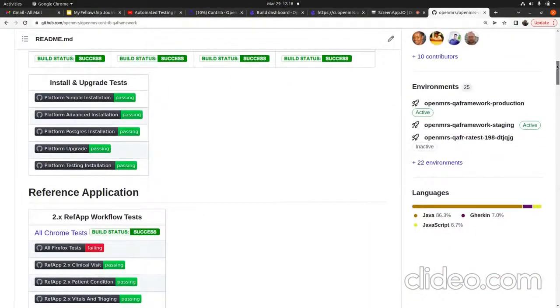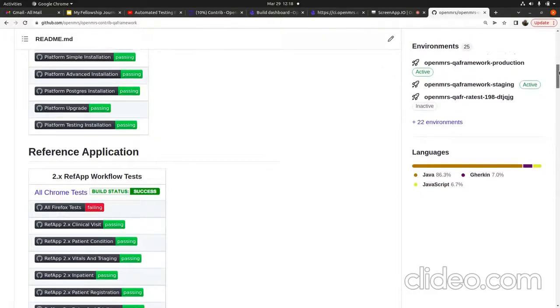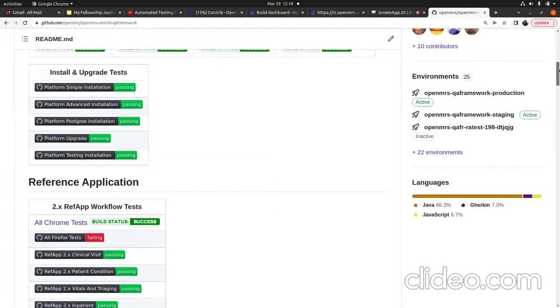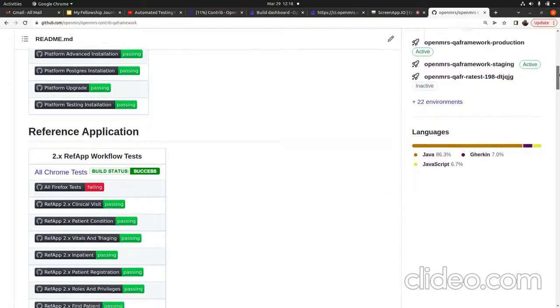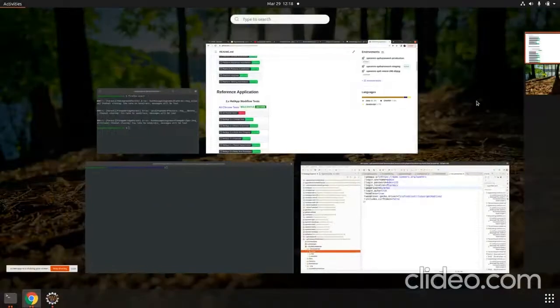So in a simple demo, let me walk you through how you can run any of these tests locally. The steps you can use to run these tests have been provided in the README. But just to summarize them, you need to clone the repository onto your machine and then navigate into your repository and